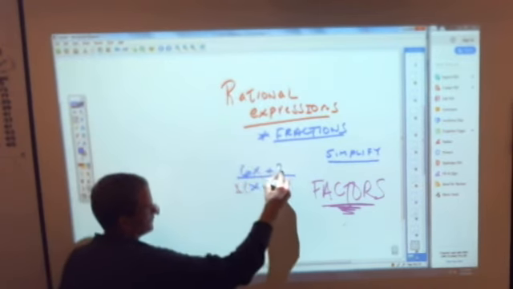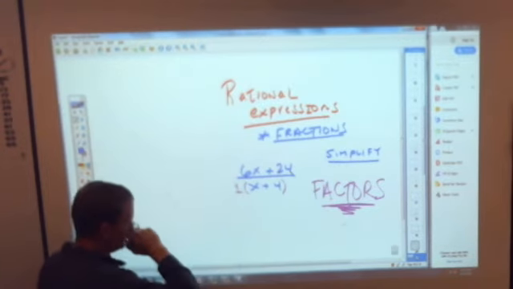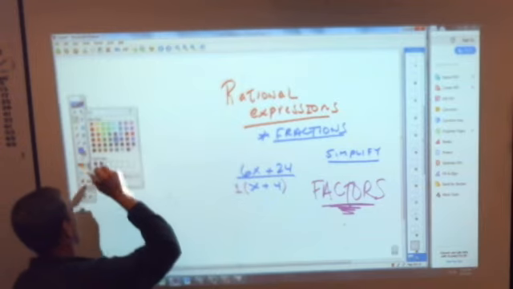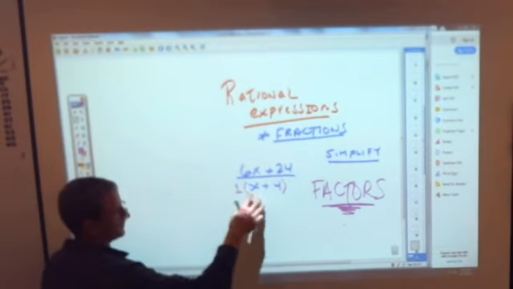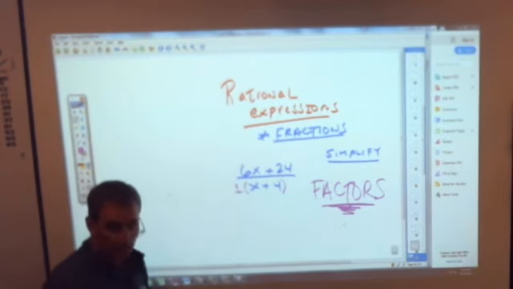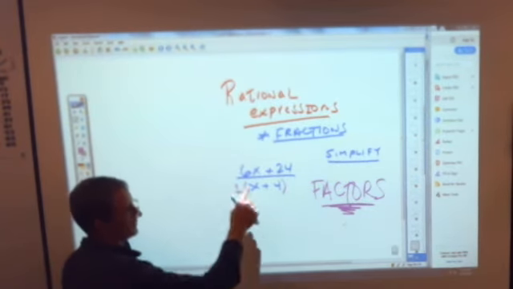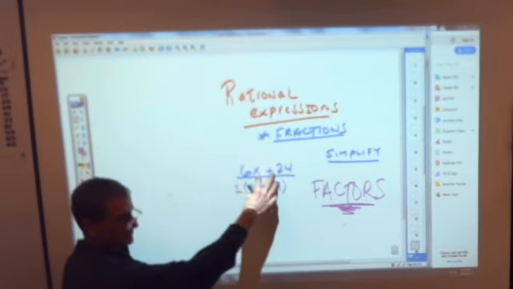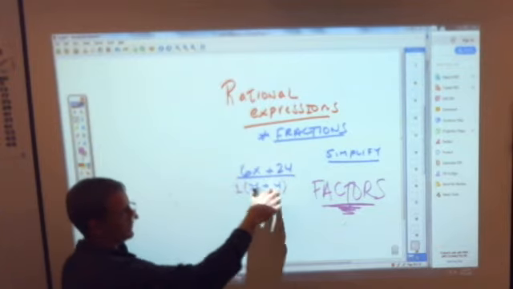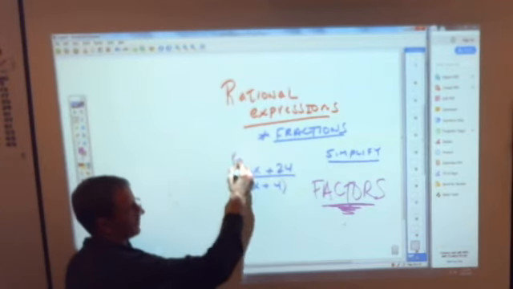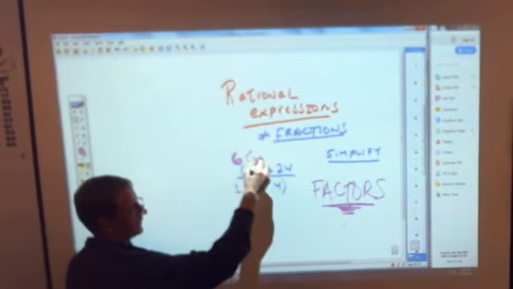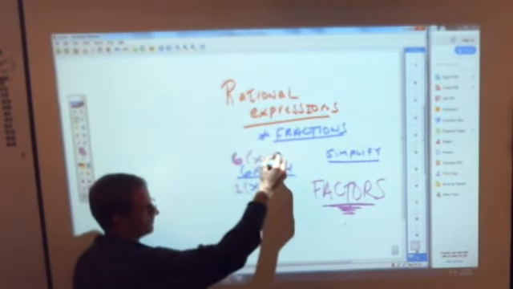6x plus 24. I just need this to work out. I don't know why the book doesn't have me work one out. That means this: the only way this x plus 4 will cross off is if there's a factor of x plus 4 on top. In which case, ladies and gentlemen, you look at this and you say, can I factor this? Yes, I can. Do they have a common factor? What goes into 6x and 24? A 6, right? Yes. If I take the 6 out, I am left with, in parentheses, x plus 4.